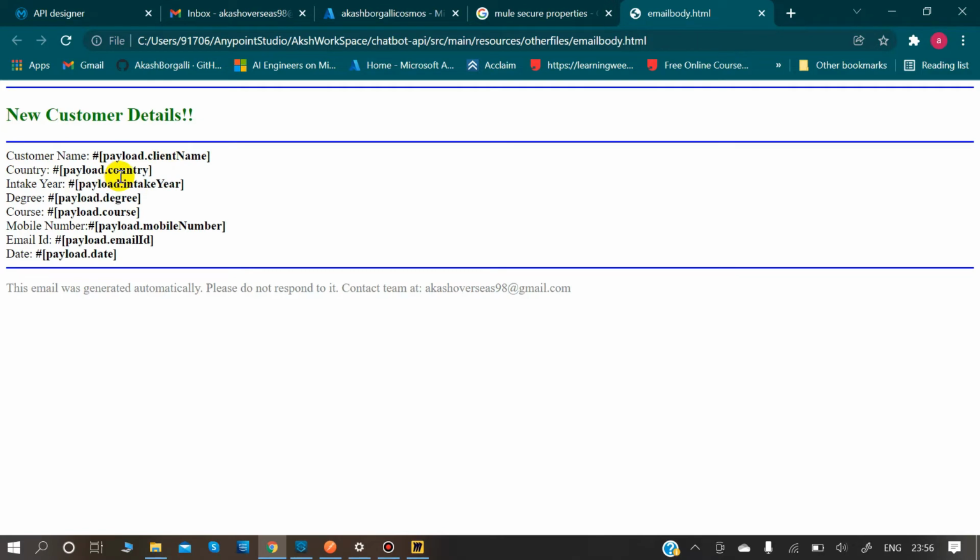In country, payload.country should come. Intake year, payload.intakeYear. In this way I have mapped this. So whenever the data comes, the Mule expression would validate on this and try to fit in the data that is coming from the JSON response. So I have created this template, as you all can see, to send a particular email notification.